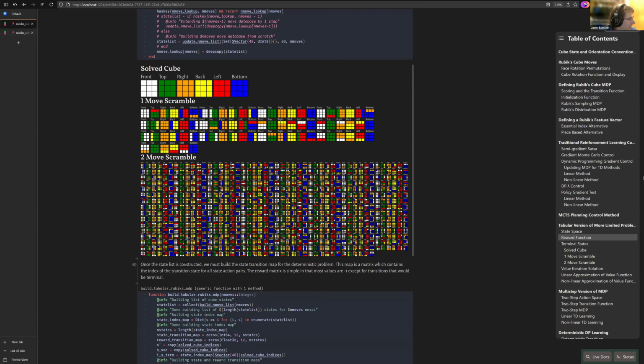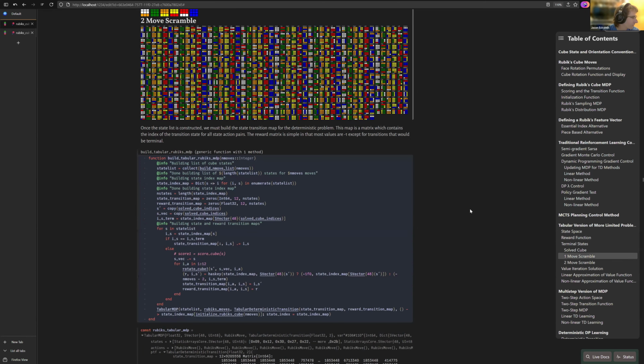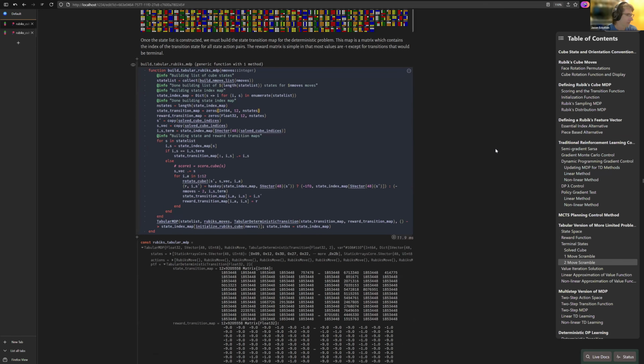Now, once we construct this state space, the purpose is to turn it into a tabular problem where we have a transition map. This is a deterministic problem, so every transition only has a single transition state. The transition map I build up is just a matrix. It's just a 12 by n matrix, where 12 is the number of moves, n is the number of states, and each element in the matrix will show, actually you can see it here in the one that I've already